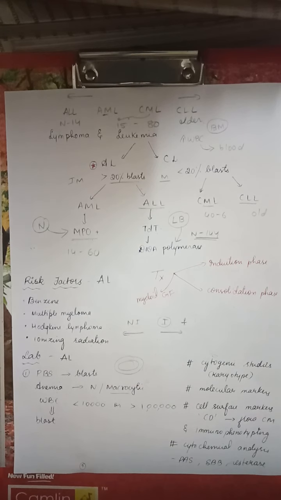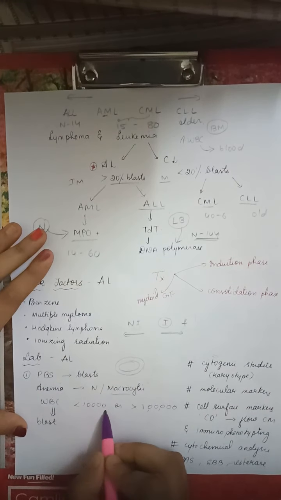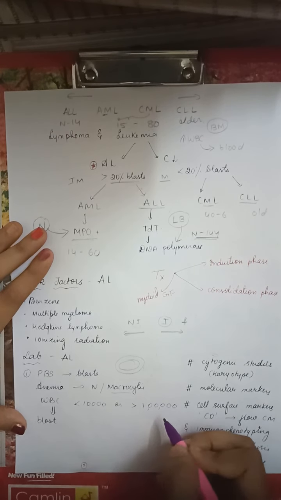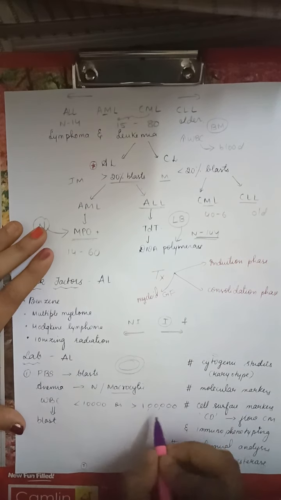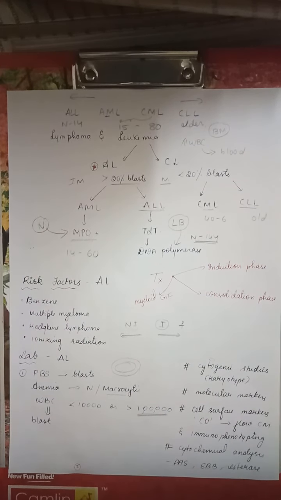And when I say WBC count, obviously, when I say leukemia it will be increased, though there is formation of immature cells. In some cases it is less than 10,000 per mm cube, and in some cases there is more than 1 lakh cells per mm cube, and if there is more than 1 lakh, it is always a worse prognosis.